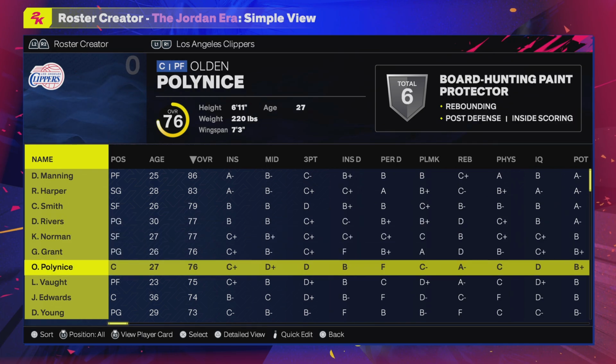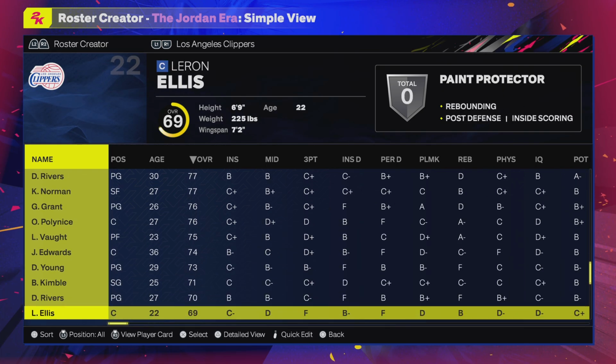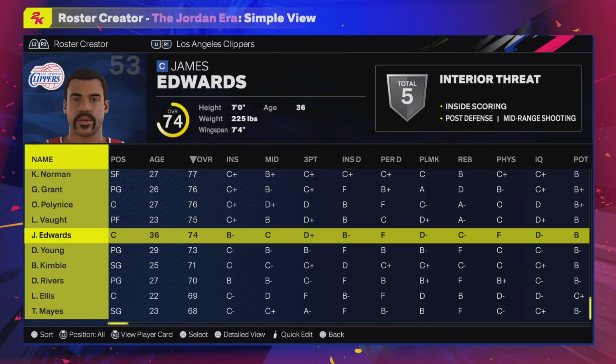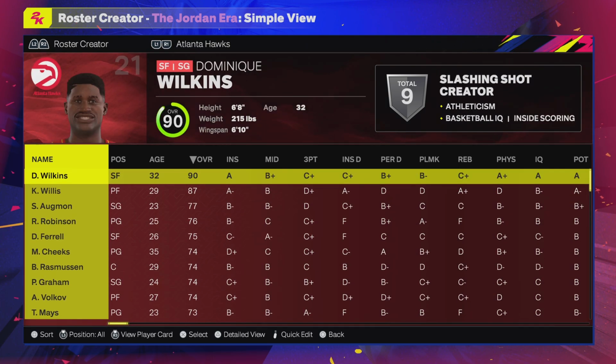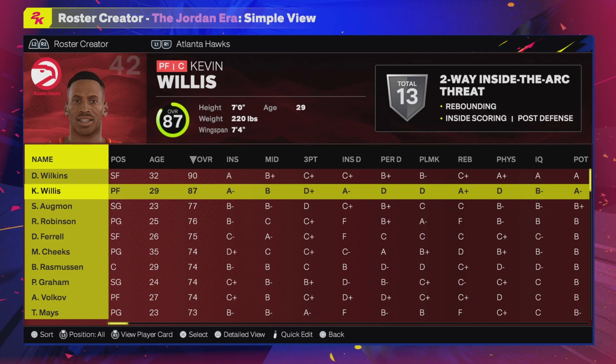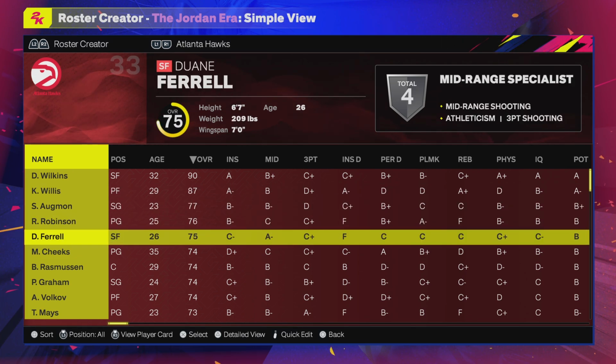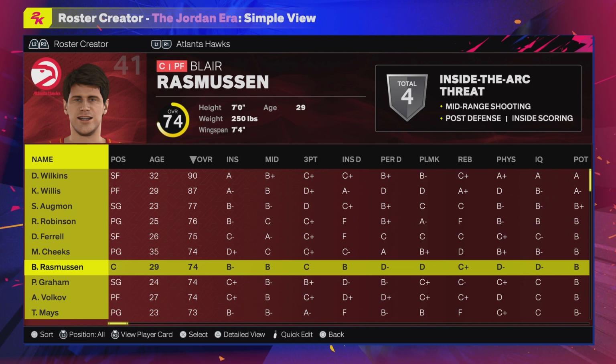I just try to keep it as realistic to my liking, and if you don't like it, you could change it, you can edit it. I won't be offended if you find a better way to perfect rosters. I'm always open for criticism or constructive criticism. I'm open for someone to give me better ideas because I don't know everything,